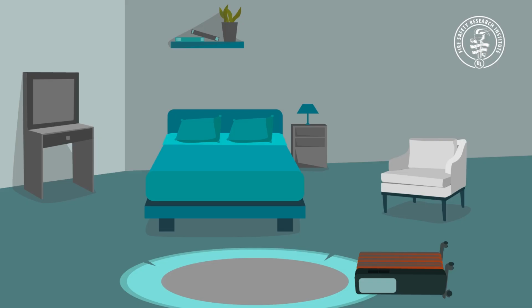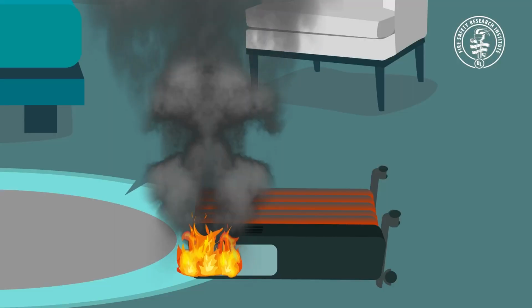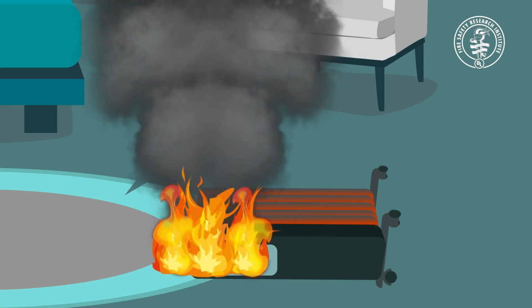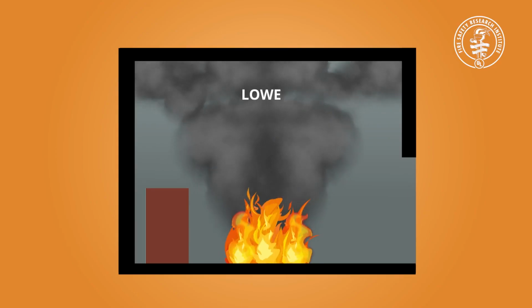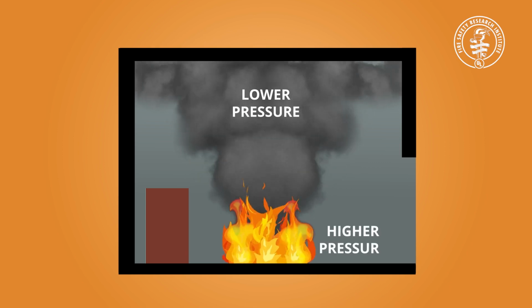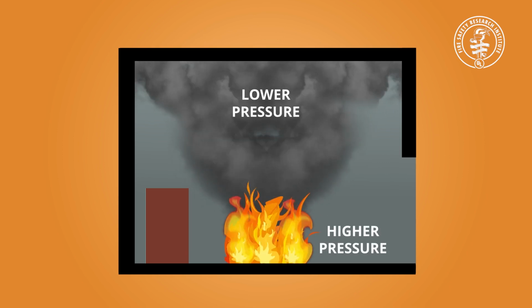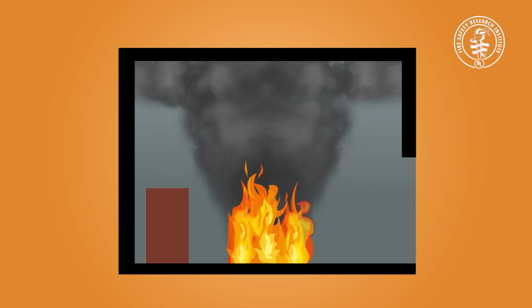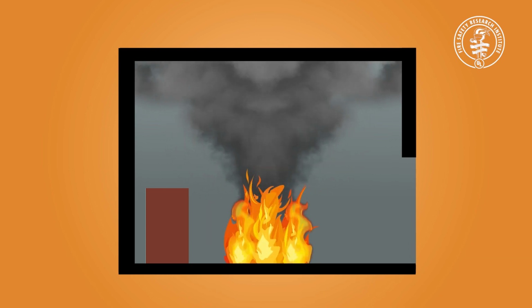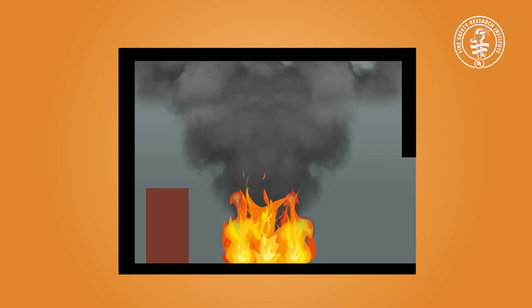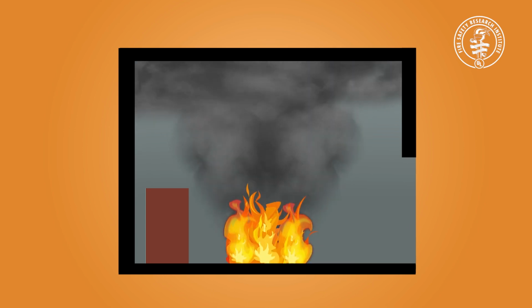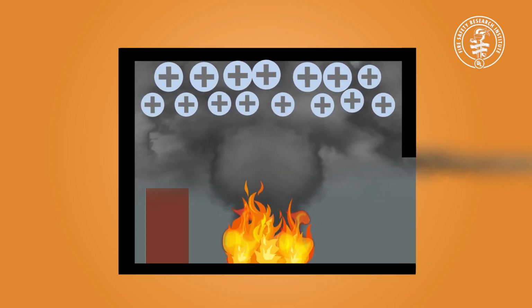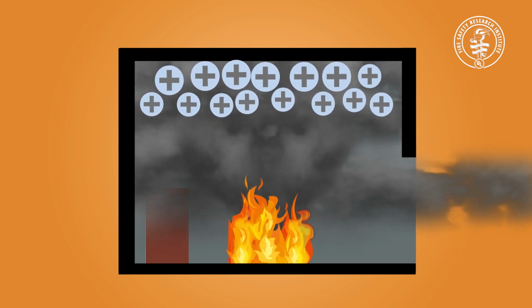During the initial stages of a fire, gases are heated by the fire, which creates a thermal column or fire plume. The area around the fire plume is at a lower pressure than the ambient air around the fire. As the fire plume transports hot gas to the ceiling of the compartment, the gases become trapped by the ceiling and the walls. As a result, the pressure of the gases builds up, and the smoke layer will extend down